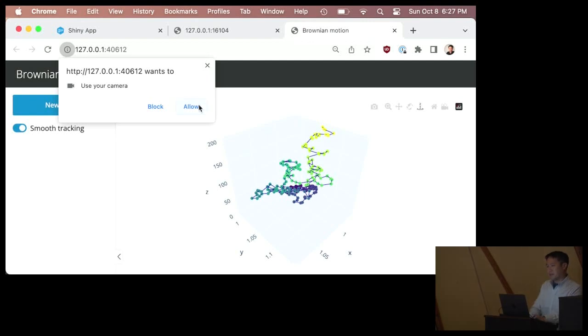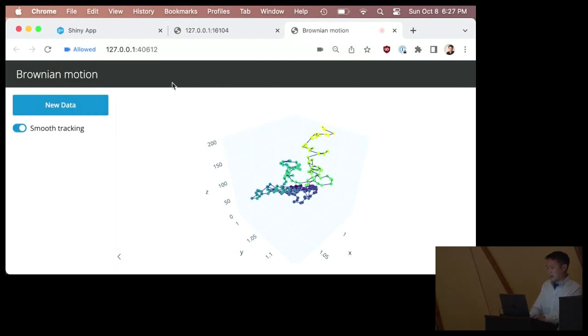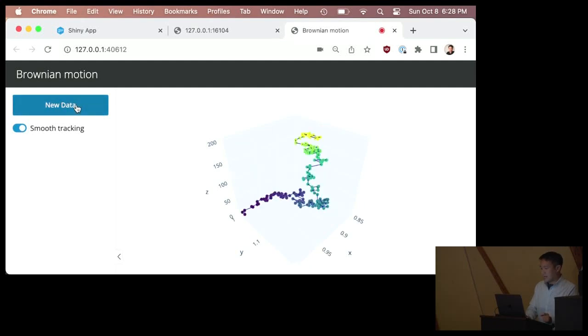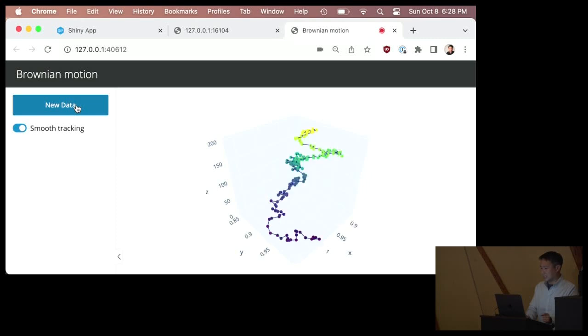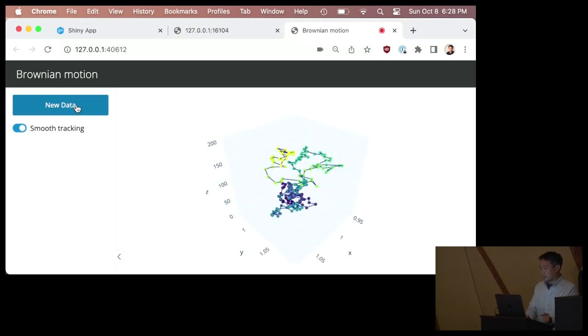Here is a bit more of a fun demo where the visualization you're looking at is Brownian motion. And this is an example that came from Plotly. Brownian motion is like the motion of a particle on a surface. And I can press new data here, and it'll generate new random traces. Some of them are pretty interesting looking, but then some of them,